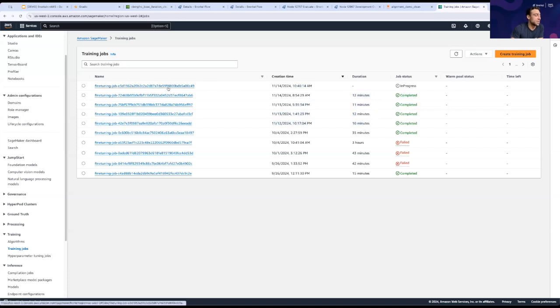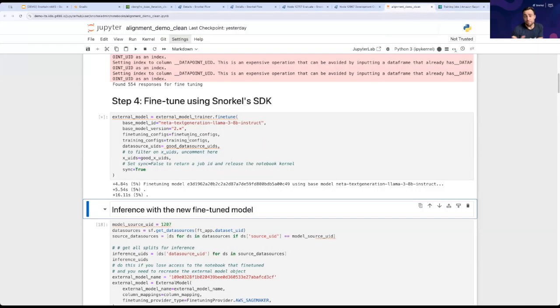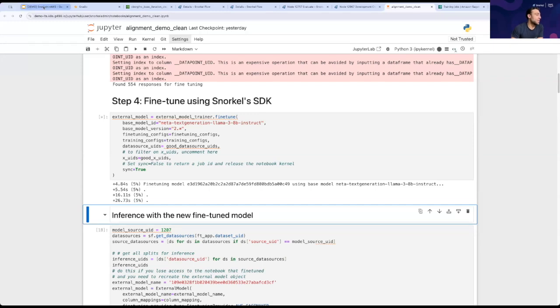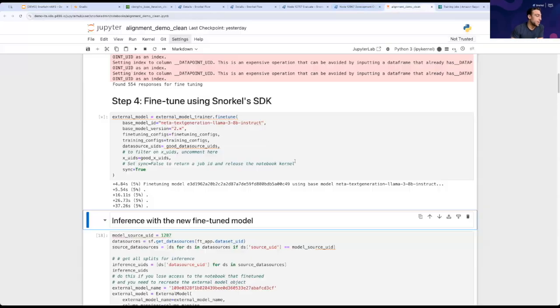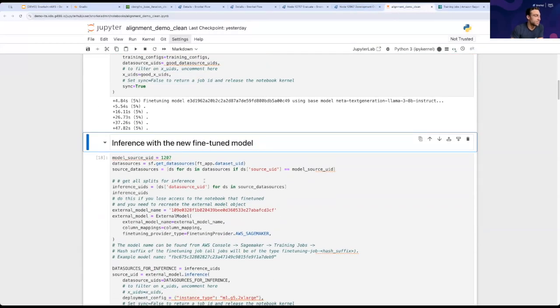So you can see that we've kicked off this fine-tuning job, and in about 12 minutes, it will be done, and then I can access that fine-tuned model. So what would I do with that? Now that I have that fine-tuned model, I'm going to give it the same set of questions that I gave the baseline model, and have it generate a new set of responses. And then I can evaluate those new responses. I have some code to do that down here, but while this is running, we're just going to quickly go through and say, okay,